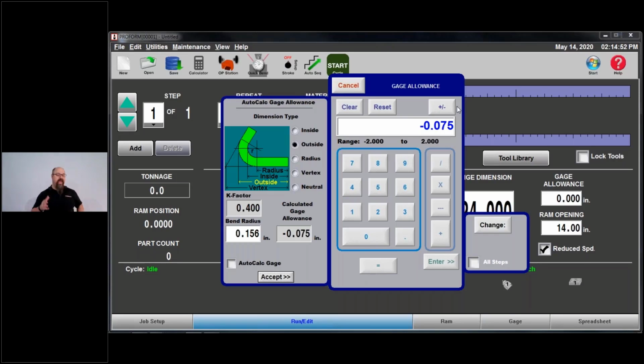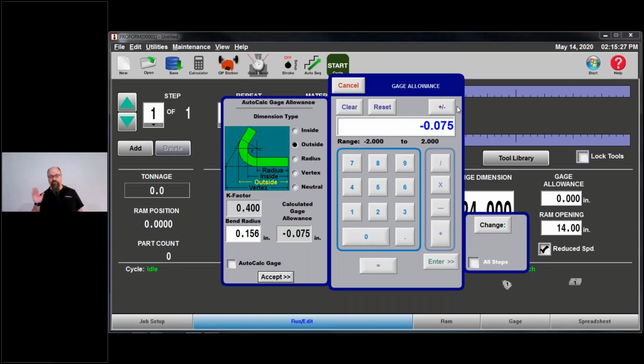So I can go in and say I want a 2-inch flange, and the software is going to adjust for both the angle and the V opening on the lower die. In this case, you can see I have a bend radius of 0.156 down there in the lower left corner, but that's because I haven't selected tooling. The machine has no reference for what I'm going to be doing. That value with plastic, I'm going to be guessing at because I don't have a lot of experience with plastic.